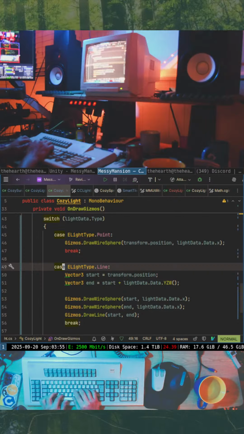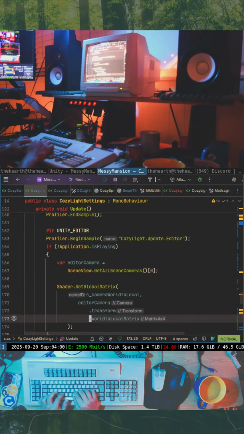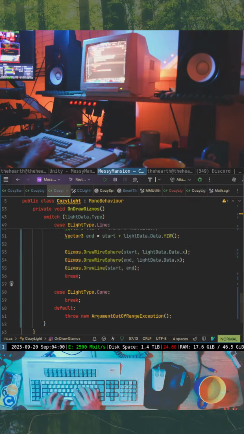Okay. We just didn't pass the type of data. So it's processing everything like a point light, not as a,